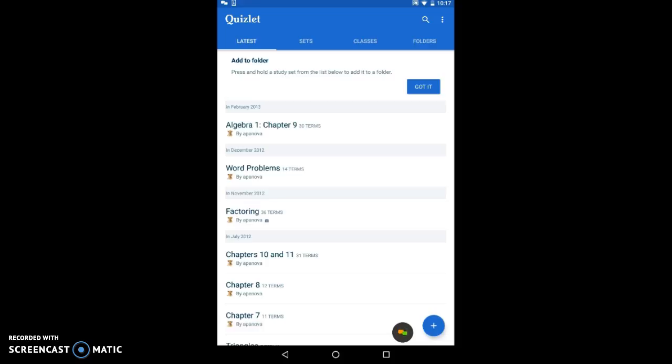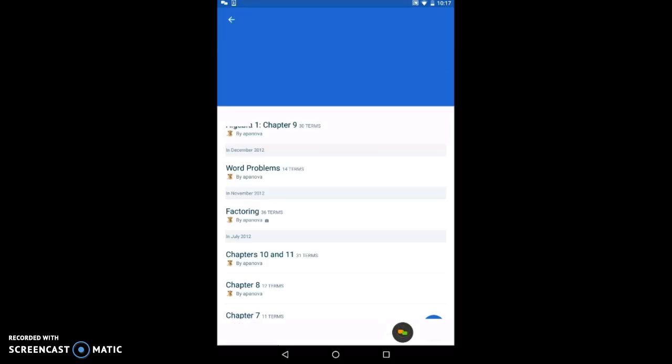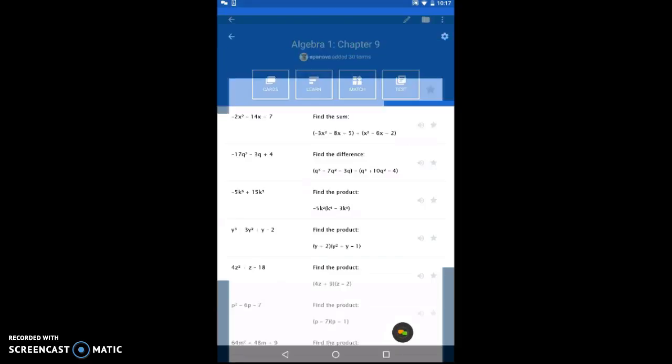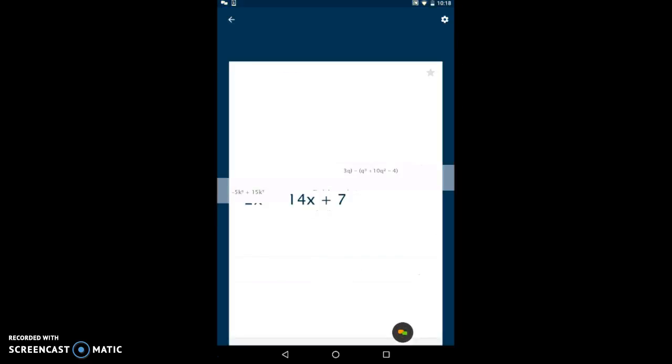So this would be used in a classroom when students are reviewing for a test or a quiz, and they're using a Quizlet set that you maybe shared with them. And I can select -2x² - 14x + 7 to study using cards,